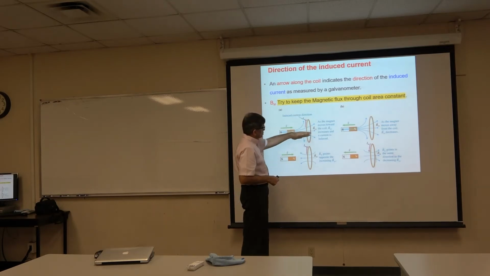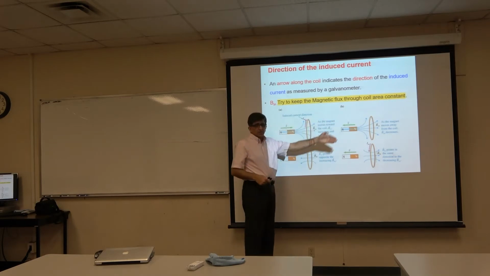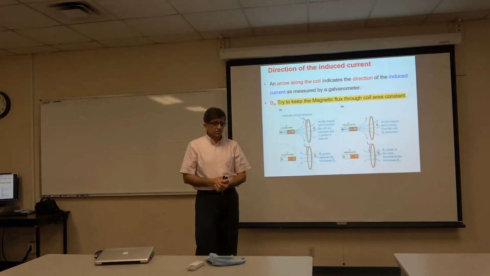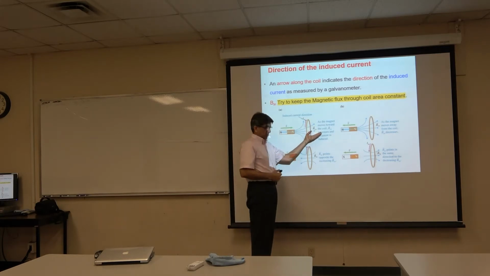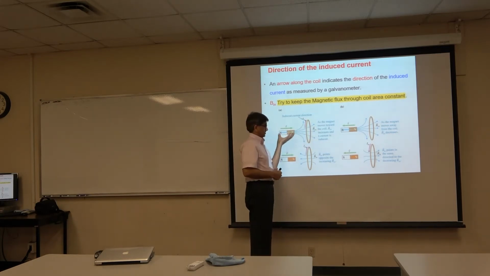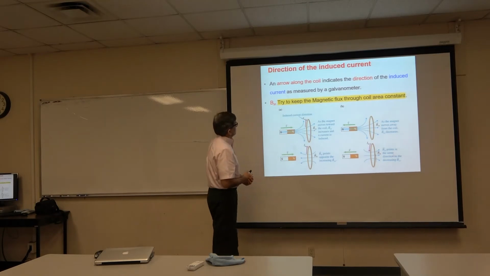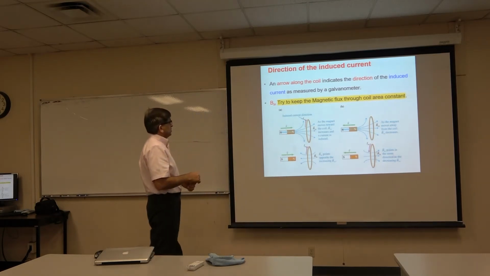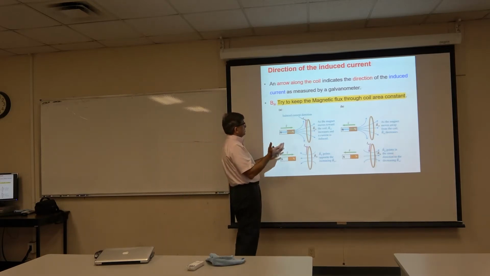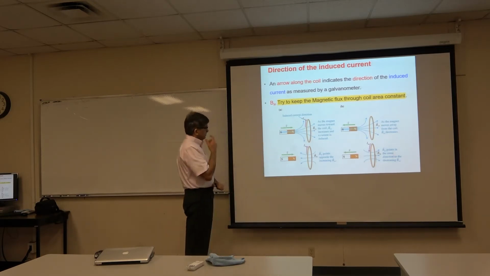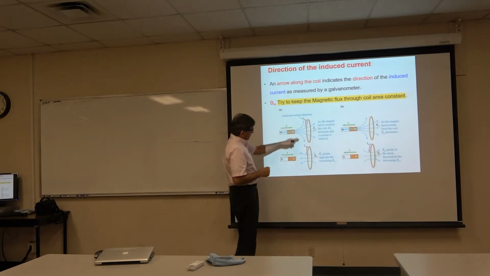As the magnet goes towards the coil, the magnetic field lines will be changing through the conducting coil, and this is an external magnetic field, just to label it, because it's from an external magnet. Now, the direction of the induced current can be measured, of course, with the galvanometer, but keep in mind, if I look at the lower